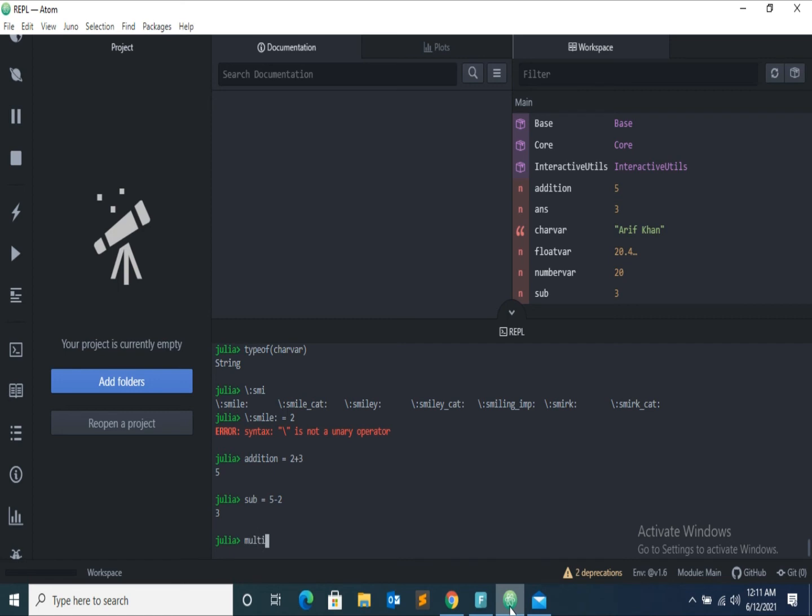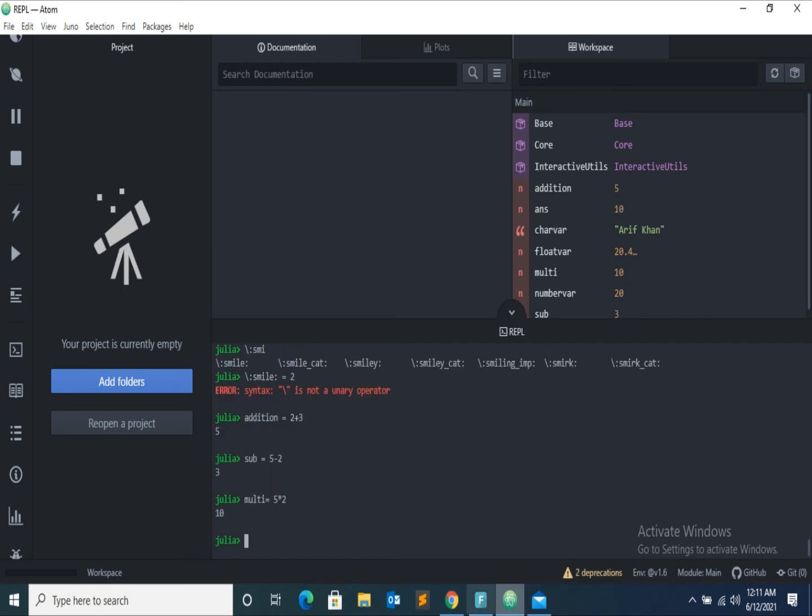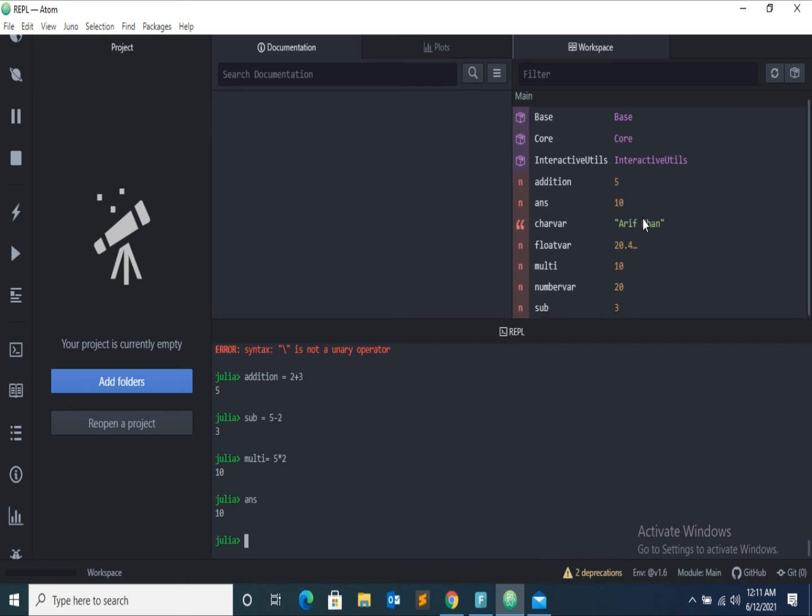I was trying to use some smileys here, but smileys will display in the Jupyter notebook very clearly. When we use Jupyter notebook, I will tell you how to use smileys as a variable. Look at the console at the top right corner of this IDE.